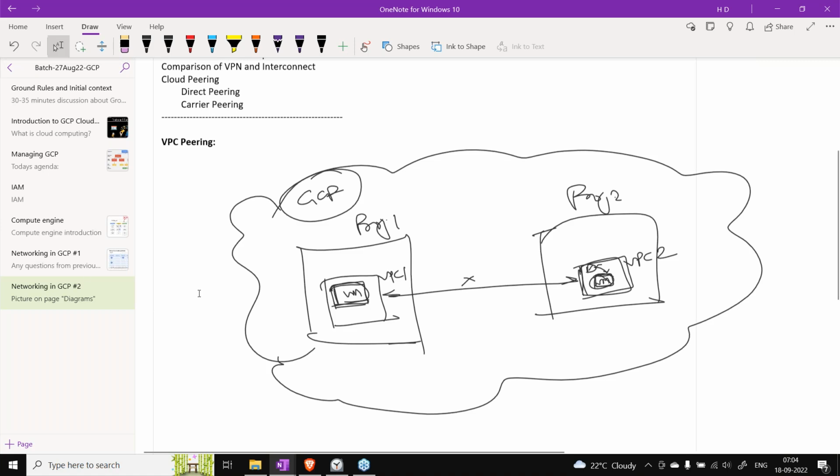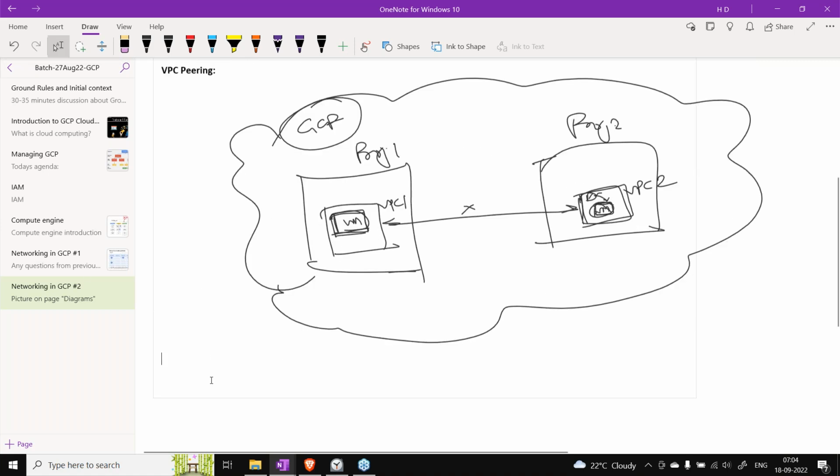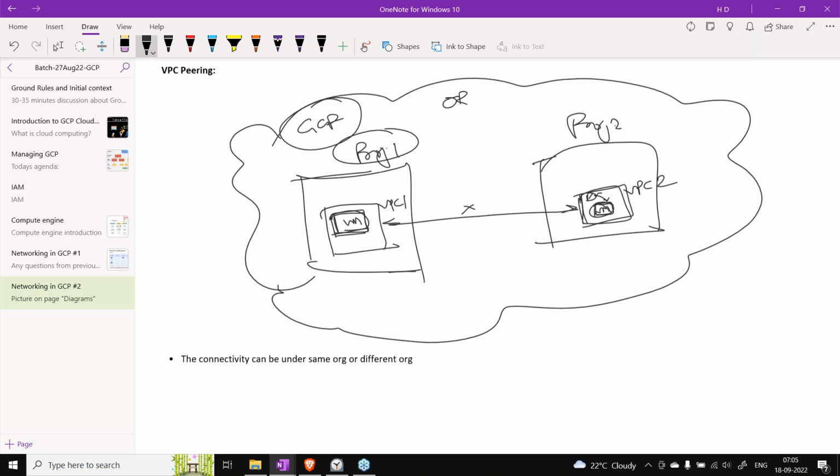Now there are a couple of facts for this. The connectivity can be under the same org or a different org also. It doesn't always mean that the project should belong to your org only.